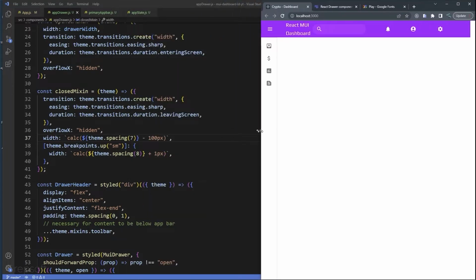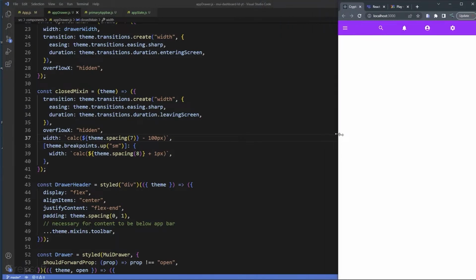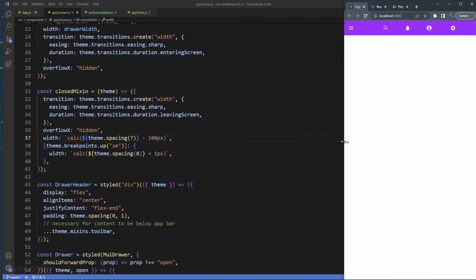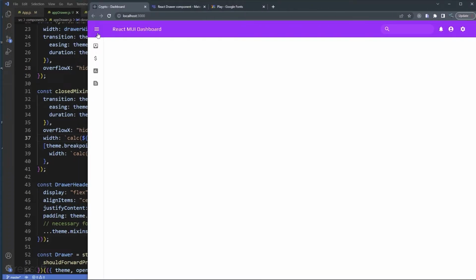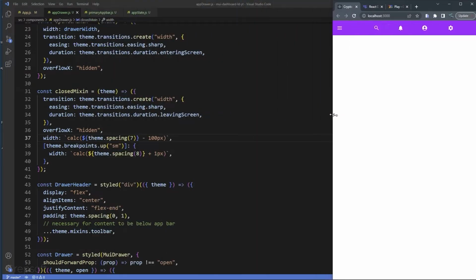So, yeah, if you know what the code is doing, then you can just very easily modify it. There you go. So that's your mobile, that's your tablet, it's your desktop, and it still works. Looks good. And let's go here, mobile, and it pushes the content. I like that. Anyway, so that'll wrap up the app drawer, and now we're gonna move on to adding the